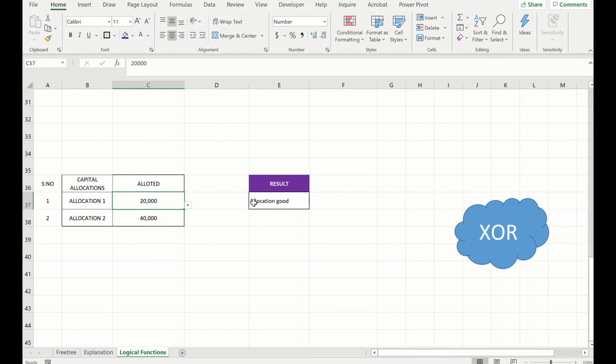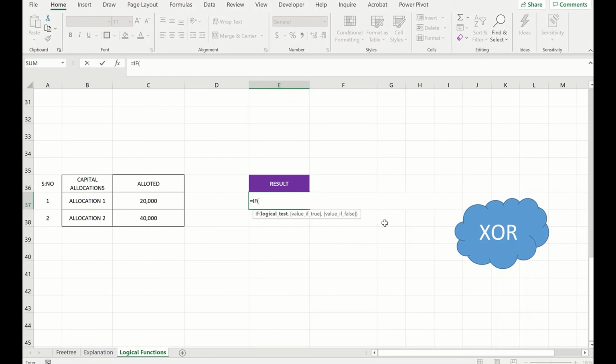So how did I do this? Again, the same logic. I press IF, and in place of the logical test, I put XOR. The first argument is whether this one is greater than 25,000, and the second is whether this one is greater than 25,000. If XOR is true, then I say allocation is good.